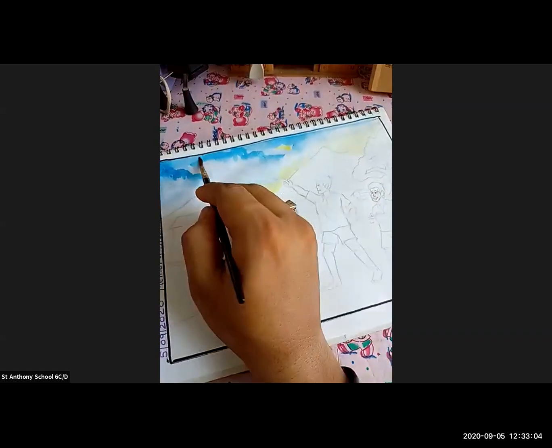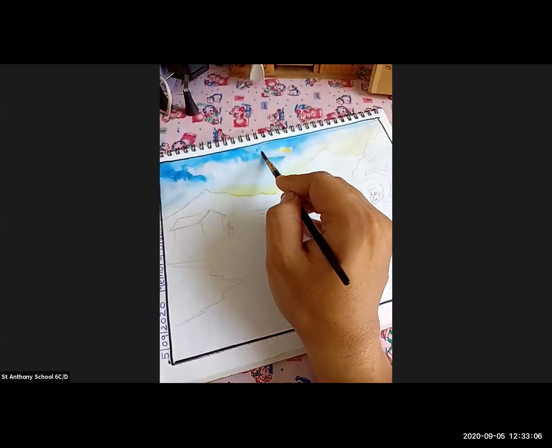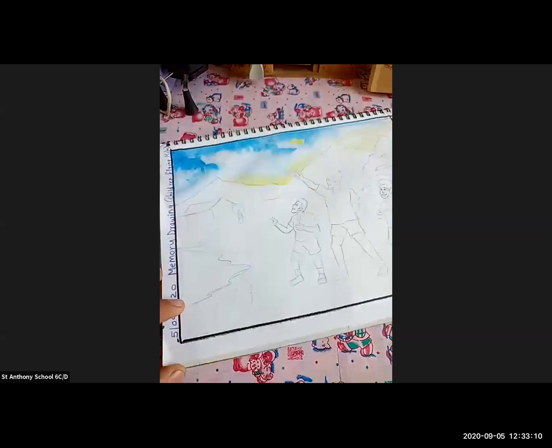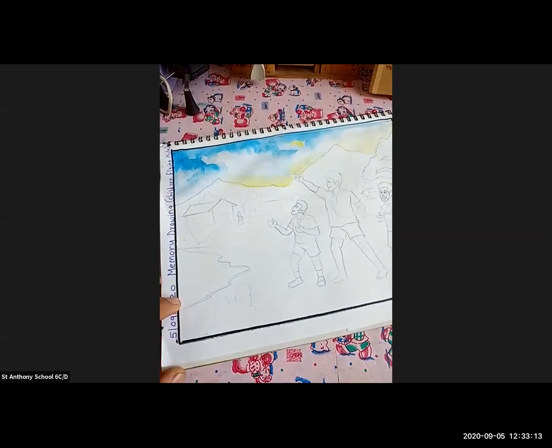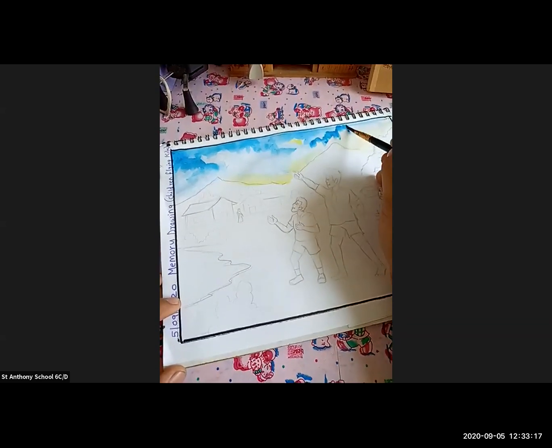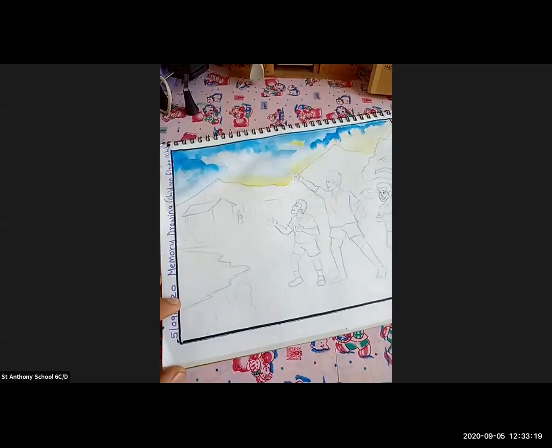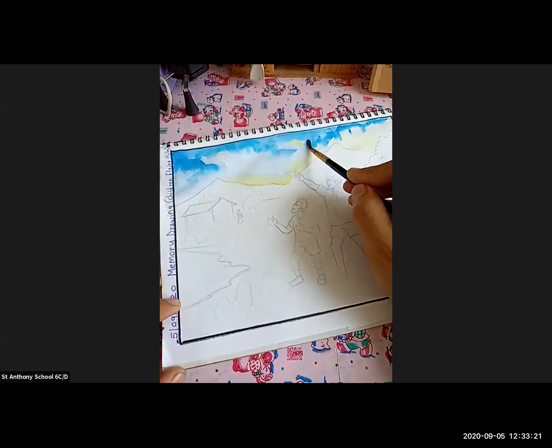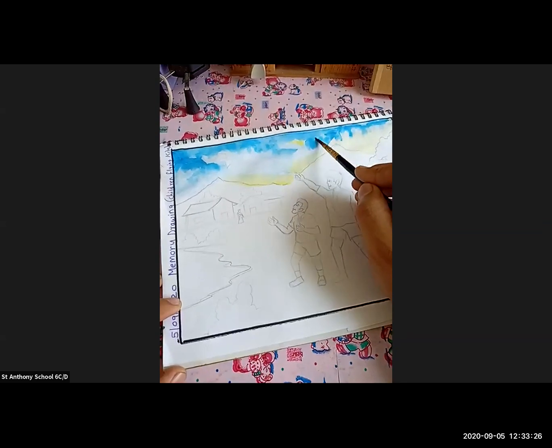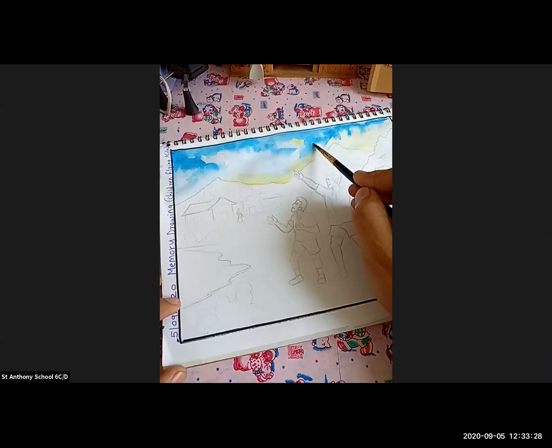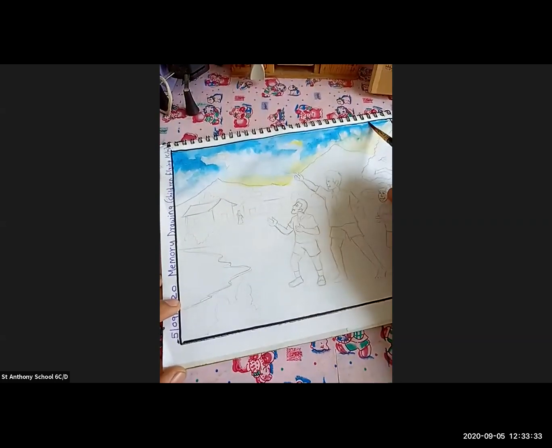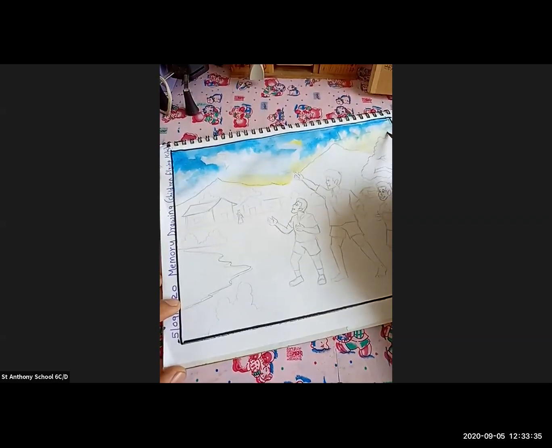I hope each and every student is getting how to do this. So this is how you're going to draw the clouds on the sky, just giving some patches over here. Add the proper shades to this, and you can show the clouds at the back. I hope each and everyone is getting it.